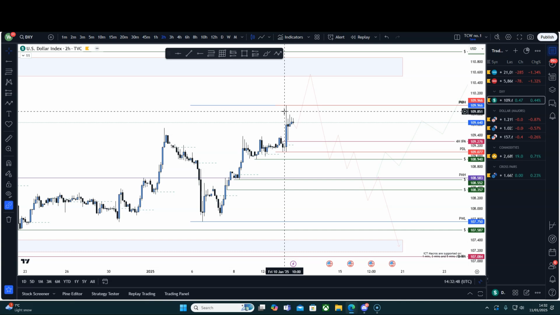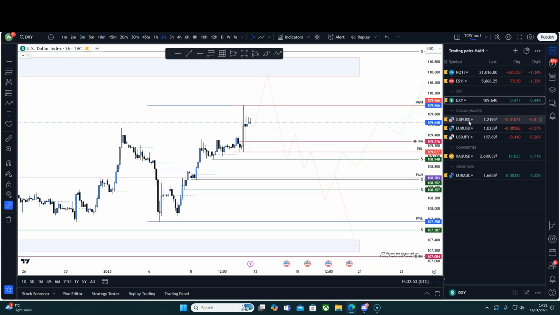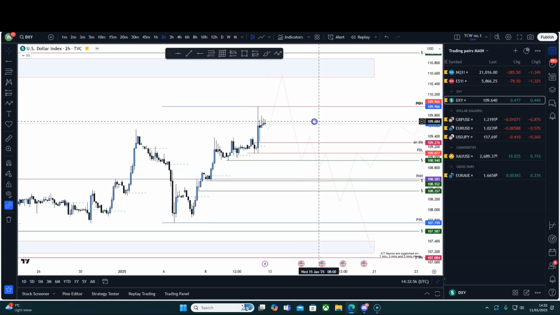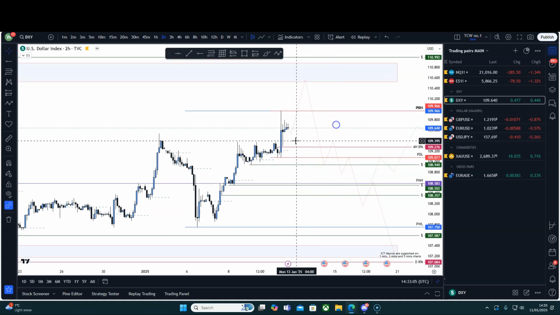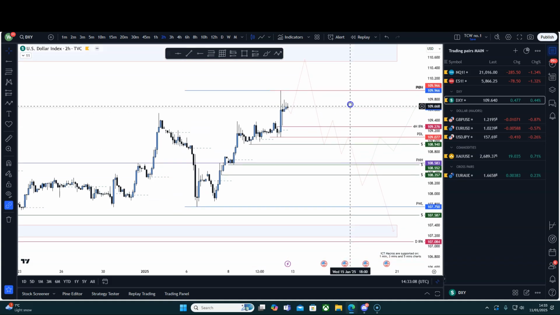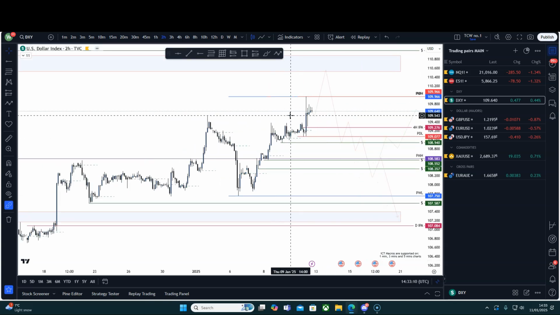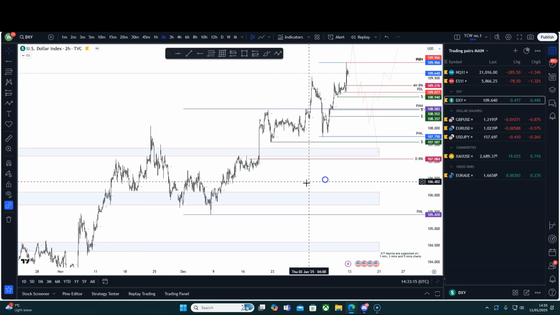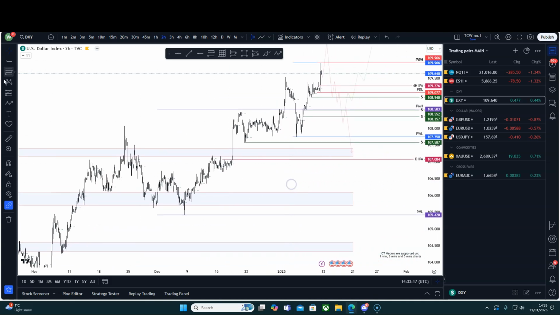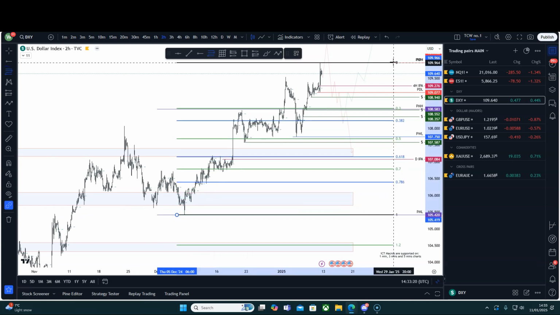So I'm expecting, I will be looking. Obviously, I do not trade purely the DXY, but we'll be trading the major pairs, which is pound USD, euro USD, USD JPY. When I see what I want on the DXY, obviously, I'm wanting to short this, so I will be long in pound, euro USD, and short in USD JPY. I'm watching price action around this area, and as I said, I am looking for that reversal, at least into this area. We look back, even from here, this big move to the upside, we have still not yet seen a retracement, a deeper retracement.